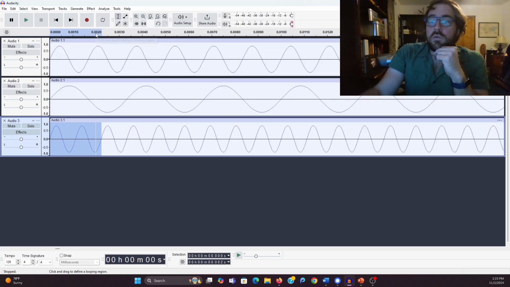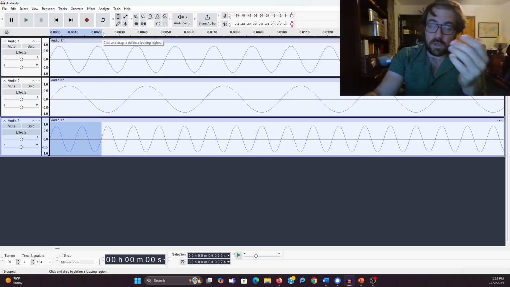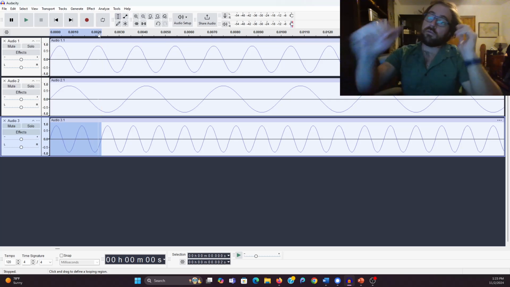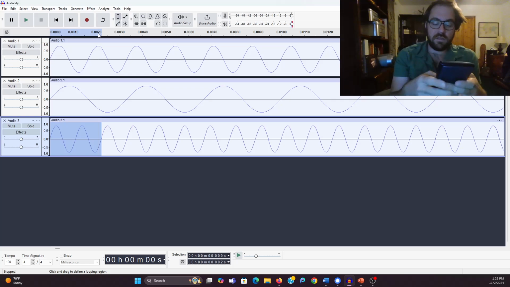So if this is 0.002, this is 0.003, that means this tick mark that doesn't have a label is 0.0025, which means halfway in between is 0.00225, right? And there's 2 in there, so we're going to have to divide 0.00225 by 2. We end up with 1.125 to the negative 3, which means that the actual answer is